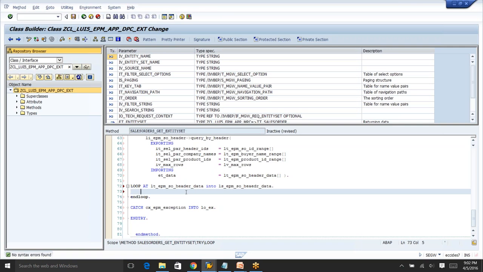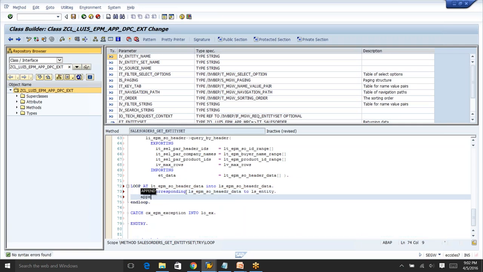Okay, so I'm moving bonding to ls entity. Append ls entity to ET entity set. Okay,